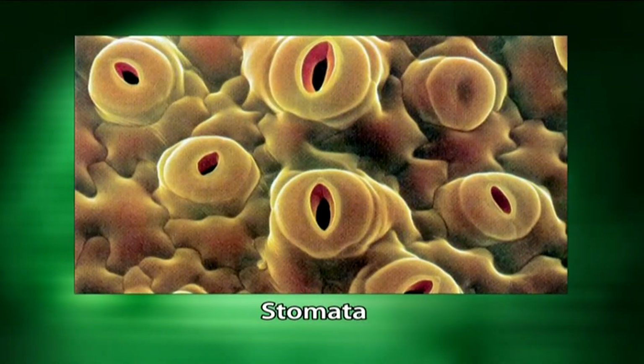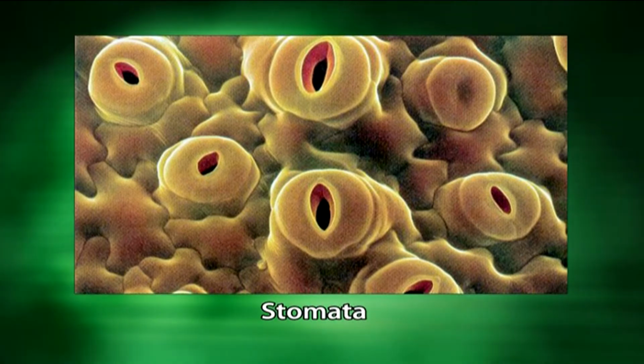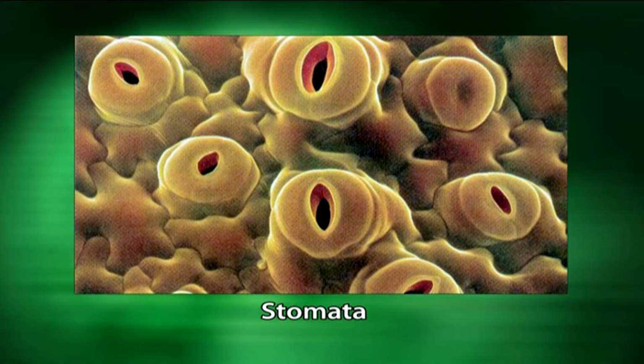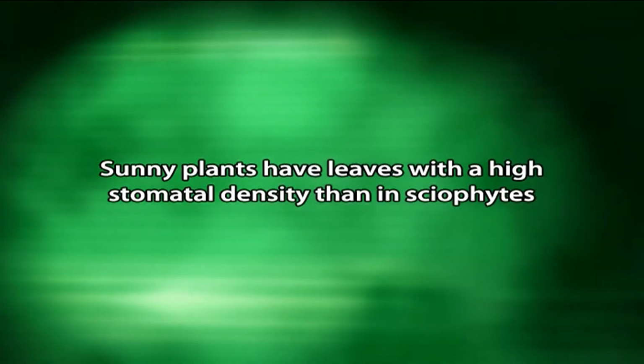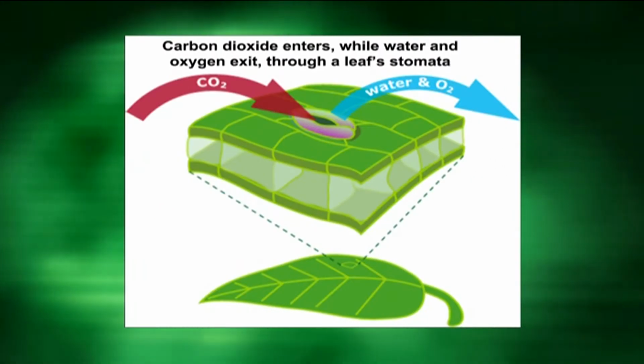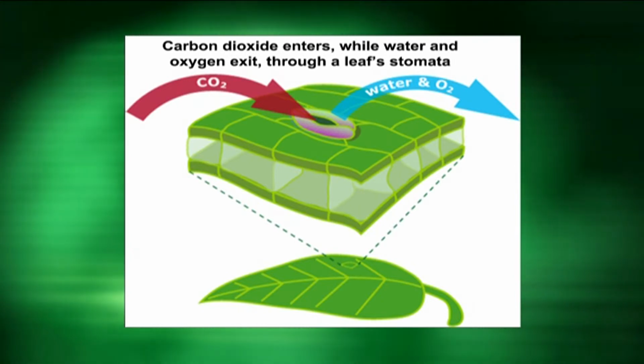One more adaptation is the stomatal size and stomatal density. The plants growing under high light irradiance or sunny conditions have smaller sized stomata in their leaves as compared to the plants which are growing under shade. The sunny plants have leaves with a high stomatal density than in xerophytes, which have a small number of stomata per unit surface. The high stomatal density in heliophytes can be attributed to high rate of gaseous exchange and photosynthesis, which is low in case of xerophytes.